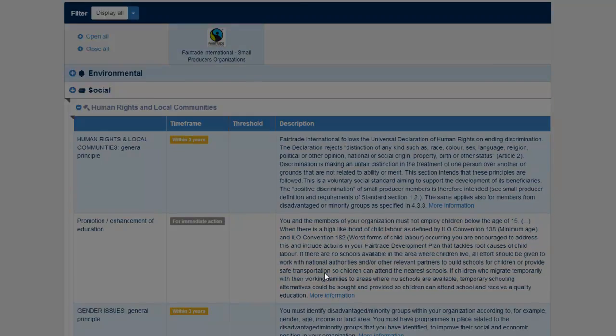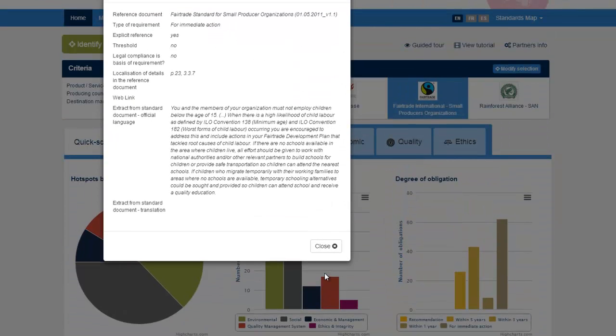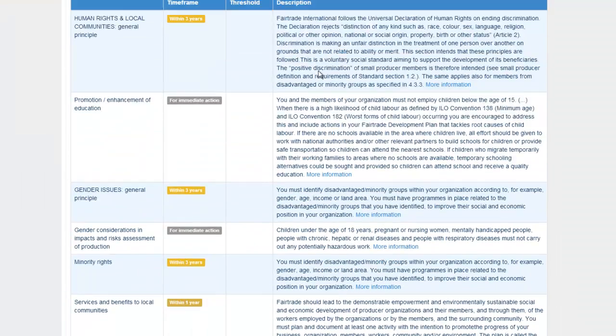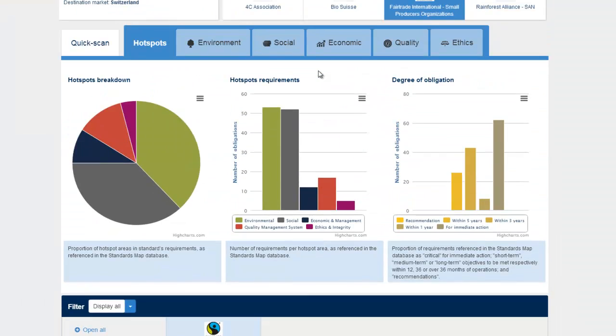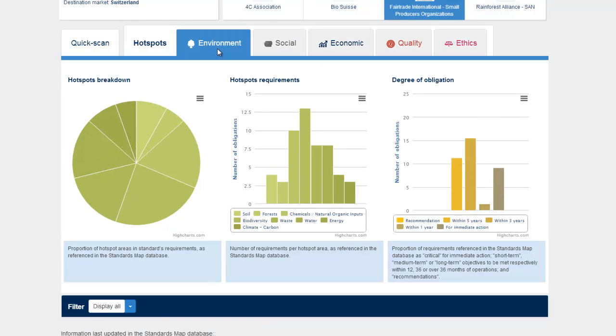If I click on the more information, I will have a pop-up that will come on the screen, and I will have information as to from which reference document this extract was taken, together with the localization of the details. So this is the analysis of the hotspot section, but you can also dig deeper, right, by clicking on environment here. Let's say you get the page which is being refreshed for you with a new set of charts that